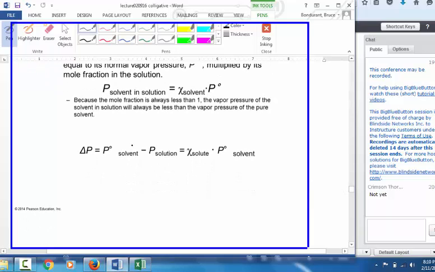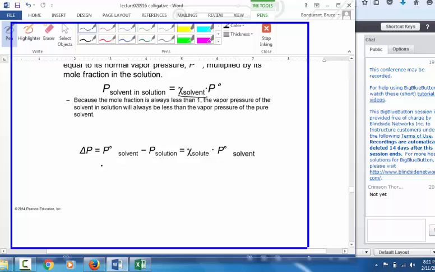Raoult's law basically says that the vapor pressure of a mixture is the vapor pressure of that material in the pure form multiplied by the mole fraction in the mixture. So the change in vapor pressure would be the vapor pressure of the solvent minus the vapor pressure of the solution, which is going to be